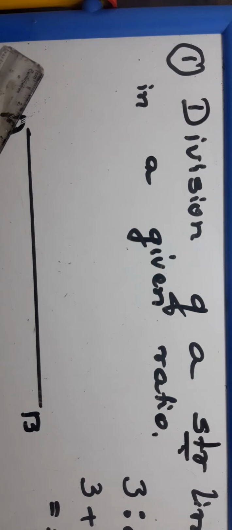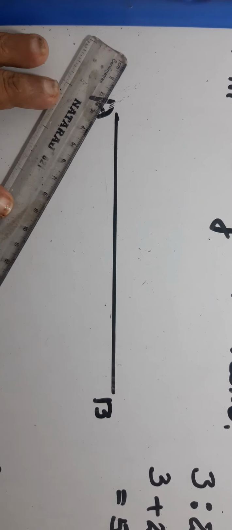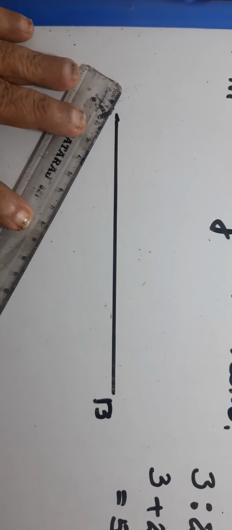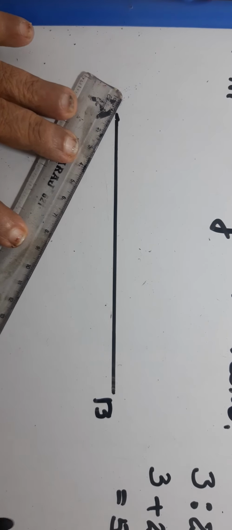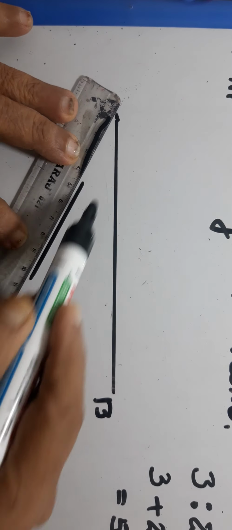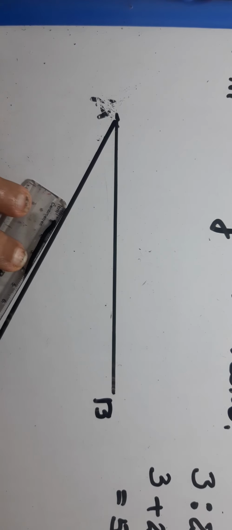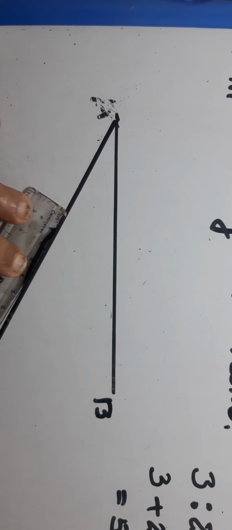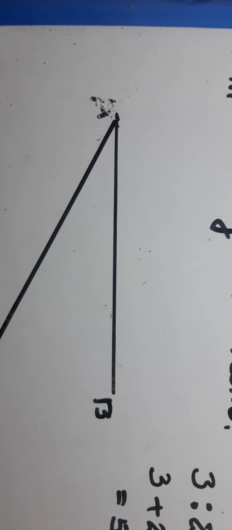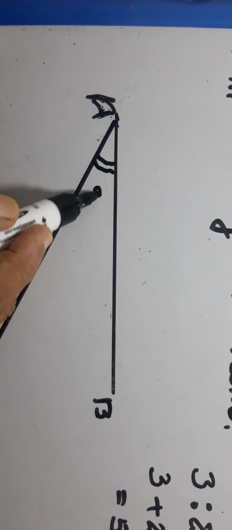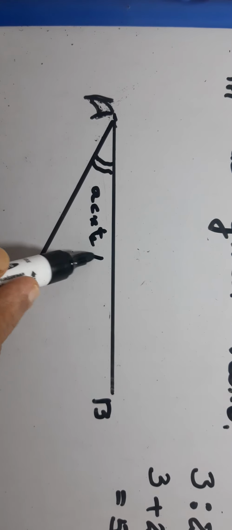First of all, you have to draw the straight line AB. They will give you the measurement, and you are going to draw an acute angle here. This has got two methods actually. Now only one method I will show you. Roughly I am not going to take a compass and all that. I will just tell you the summary, how we should do, that's all. So we have drawn an acute angle here. Acute angle means it is less than 90 degrees.